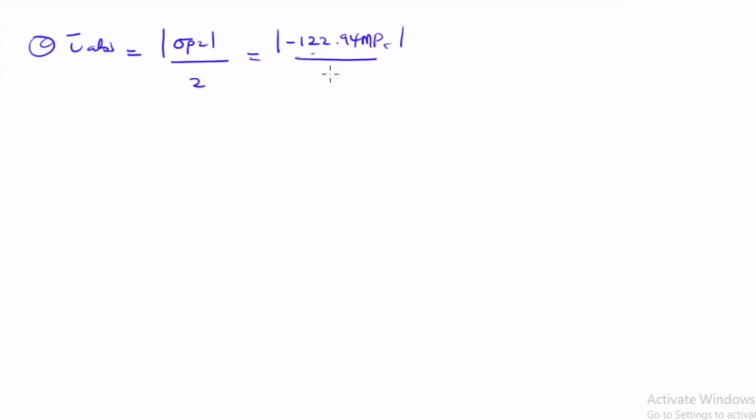For the absolute maximum shear stress, we established that that is tau absolute max. Now we're going to use the principal stresses, and we realize that all of our principal stresses were negative. And if all of them are negative, this formula is what we are going to use: P2 divided by 2, and find the absolute of that. In that case, you're going to have the absolute value of 122.94 megapascal divided by 2. And the absolute value of the negative number is positive. So you're going to get 61.5